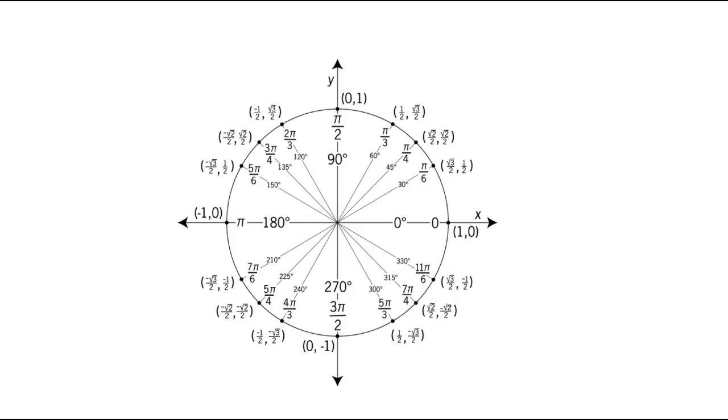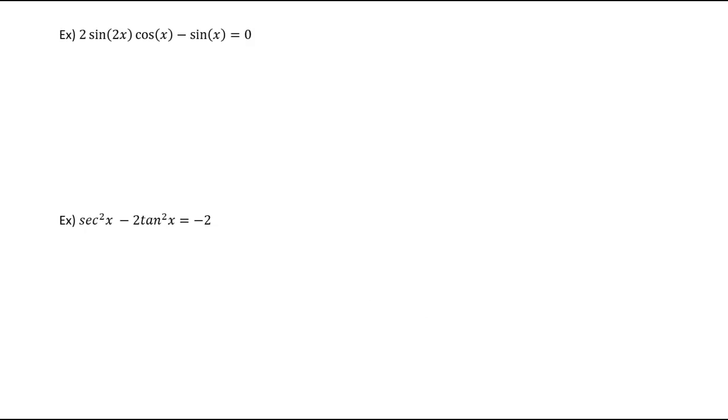So in this last video, we're just going to take a look at a couple more examples. So we're going to use these values that we have in our unit circle. They're just going to be a little more difficult for us to break down. So when we look at this one right here, we have 2 sine of 2x, cosine of x minus sine